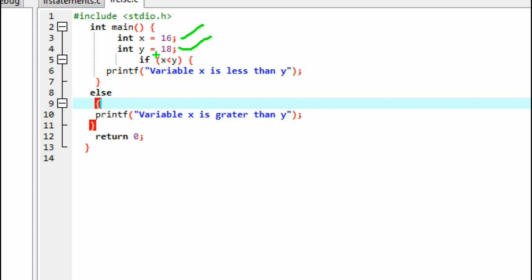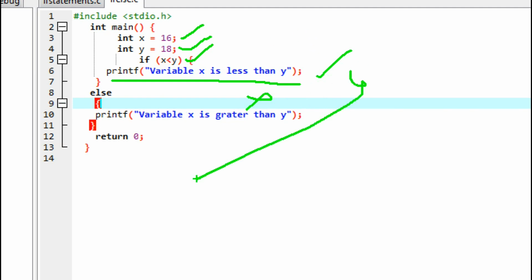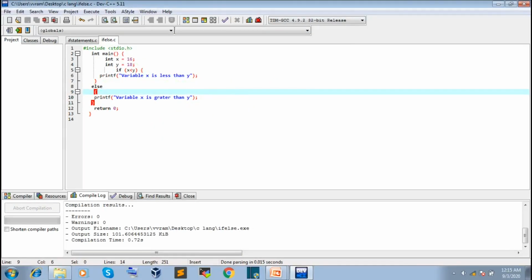Here x is equal to 16, which is less than 18, so the if condition passes. So it will execute this code, that means it will print the variable x is less than y, and it will not go to the else block because the if already executed as true, right? Then this block ends.